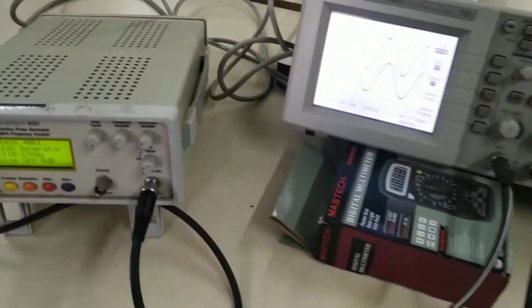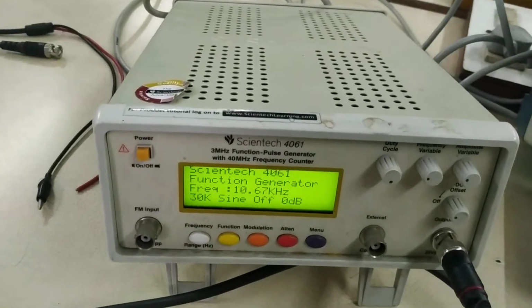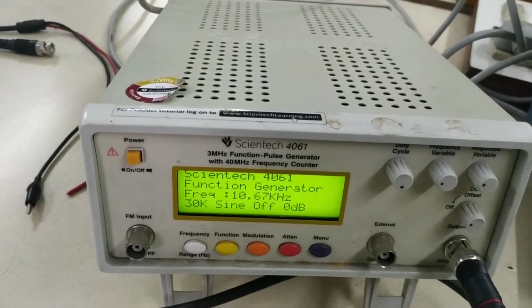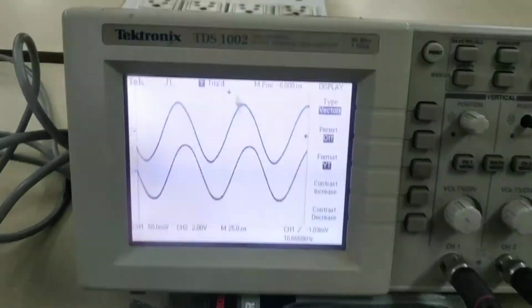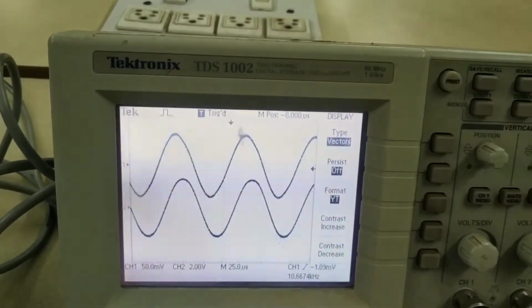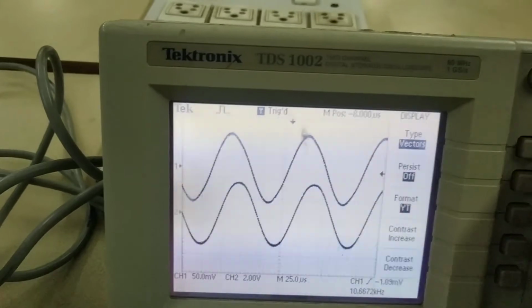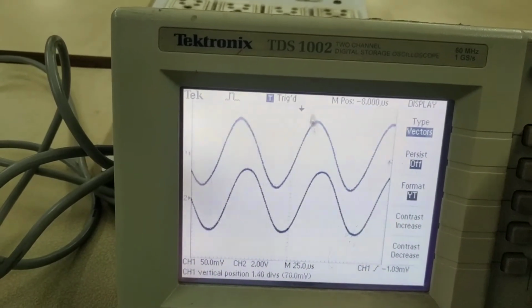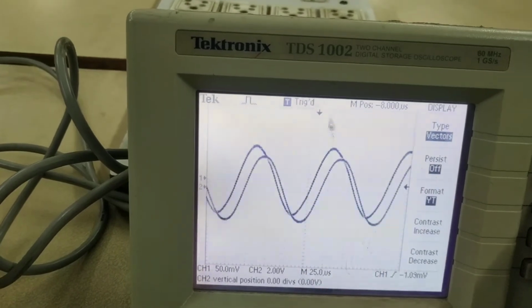So let us consider the things. Here the signal generator is connected with some frequency, of course a sine wave, given as input for this circuit. So simple R and C components are there, and this is the output. With the two channels, the upper channel is the input. So there is a phase difference between the input and the output. You can observe that.